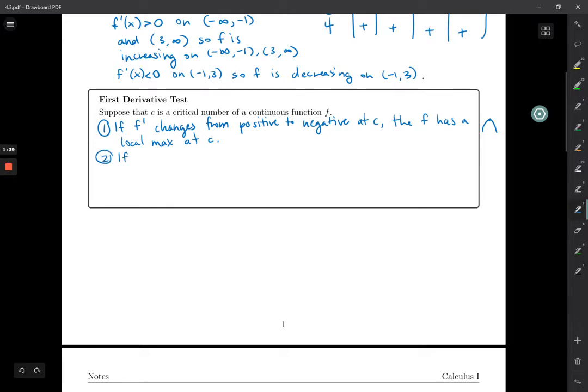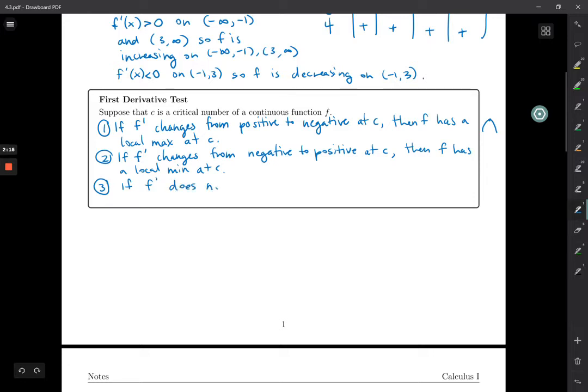So for a local min, it goes the other way. So if the derivative changes from negative to positive at the point C, then f has a local min at C, right? And then the third case is if f prime does not change sign,